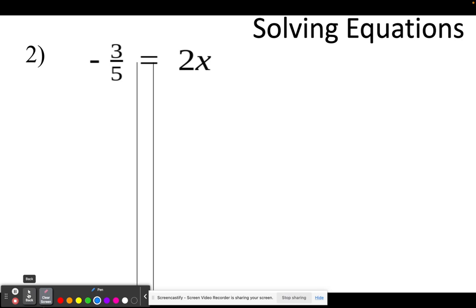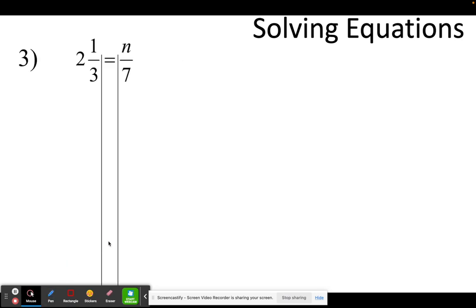Like I said, the only thing complicated about this is knowing how to do your fractions. Okay, now I'm dividing and I have a mixed number. I'm going to make this into an improper fraction first. 2 times 3 is 6, plus 1 is 7. 7/3